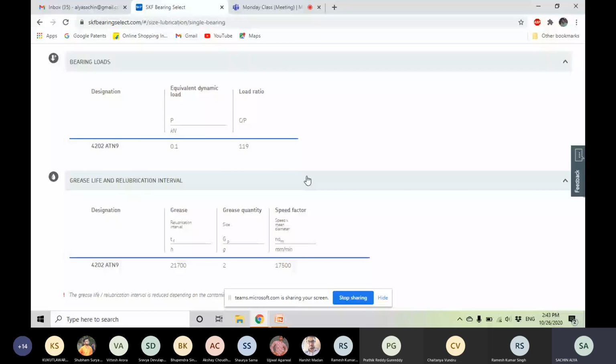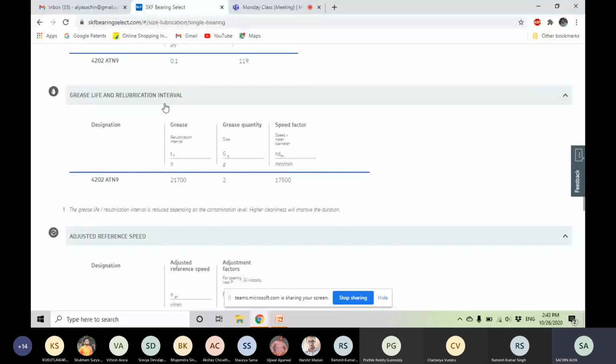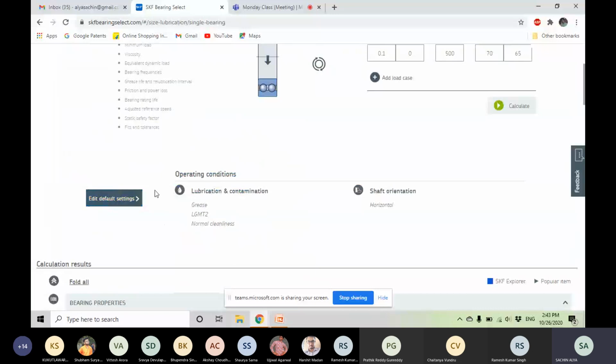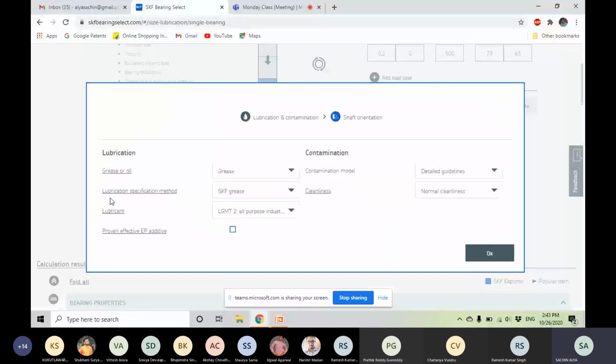Coming to the grease life and relubrication interval. There is a grease life defined by default, so we can change these conditions here. Edit default settings, in the operating conditions menu. It opens two tabs, lubrication and contamination.